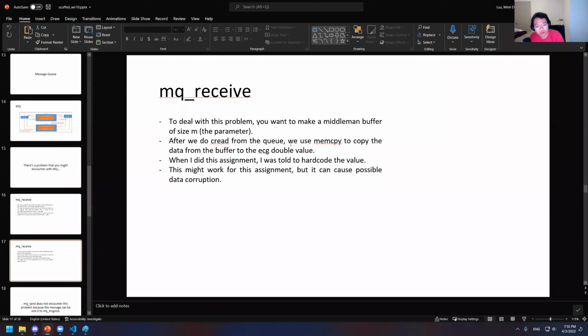After you do C-read from the queue, we use memory copy to copy the data from the buffer to the ECG double value. And then